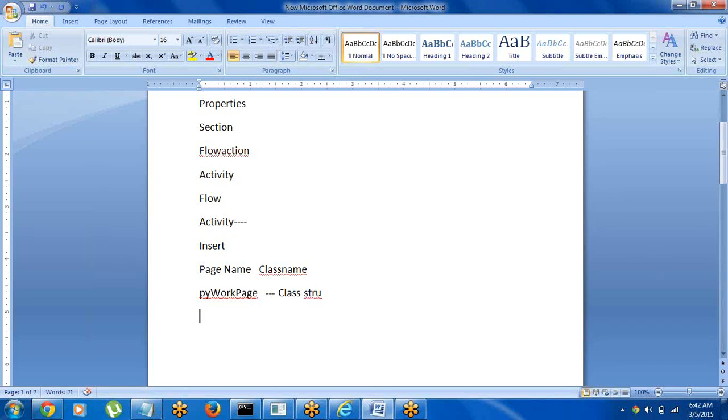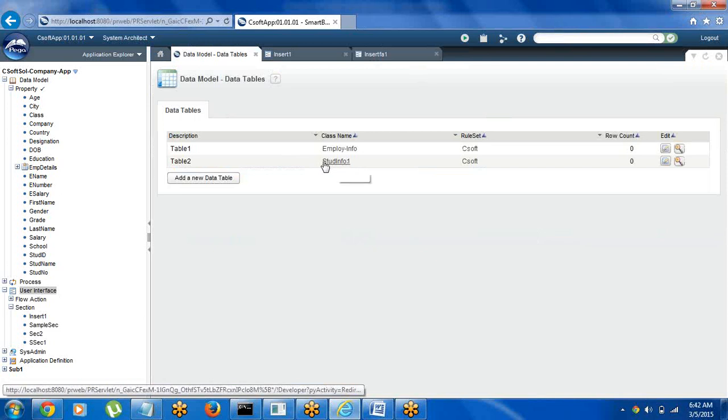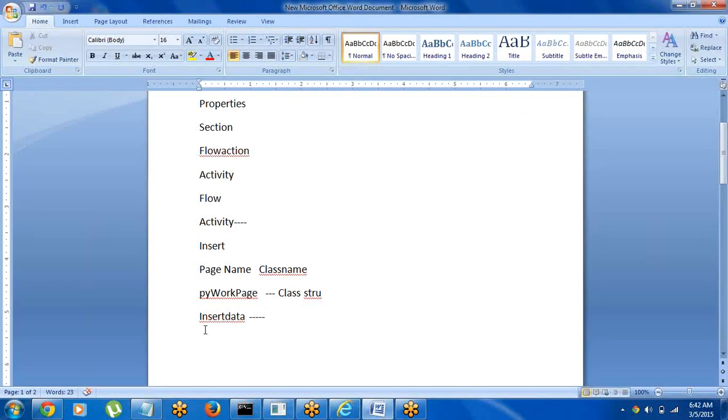And in this another row, we will be giving the page name for the data table also, and that page name we can give any name here. So I'm giving some sample name called insert data, and the class name, so for which table we are inserting the data. Actually this is the table we have created, and this is the class name we have to provide. So under the insert data page, provide your data table class name,